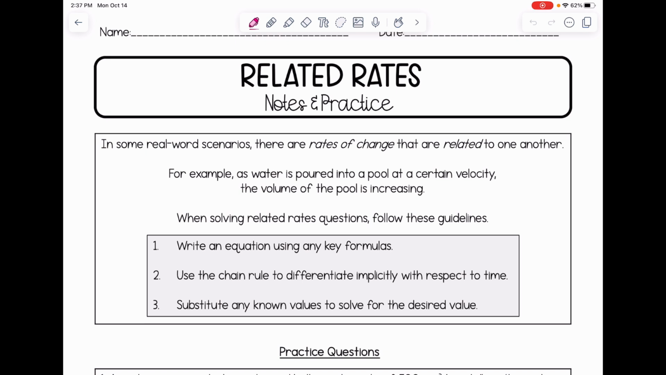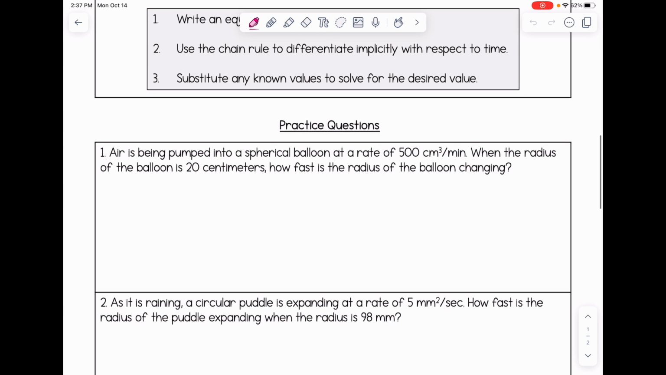When we solve related rates questions, we're going to follow these guidelines. We're going to write an equation using any key formulas. Then we'll use the chain rule to differentiate implicitly with respect to time. And we'll substitute any known values to solve for the desired value. For each of these questions today, unless stated otherwise, we're just going to leave our answer in an exact form,